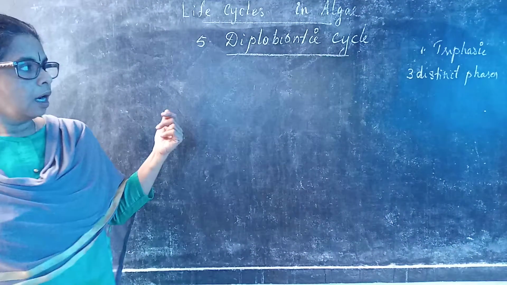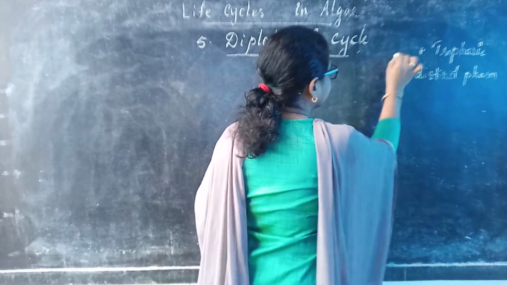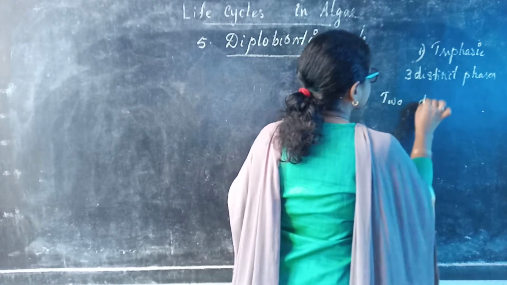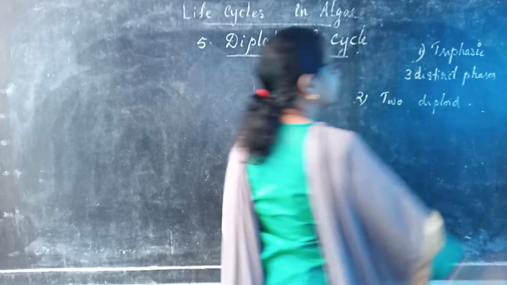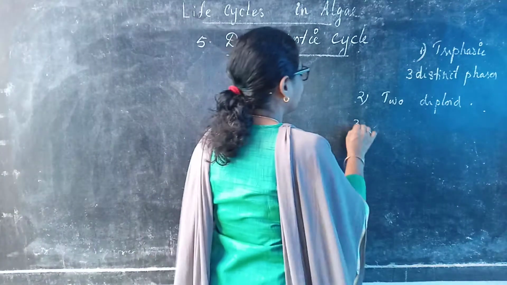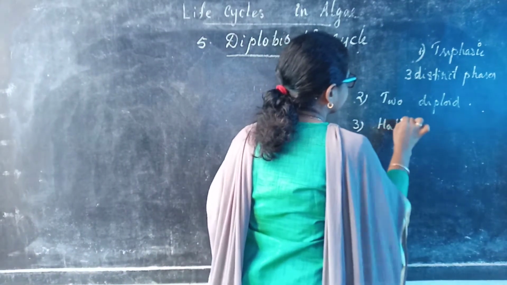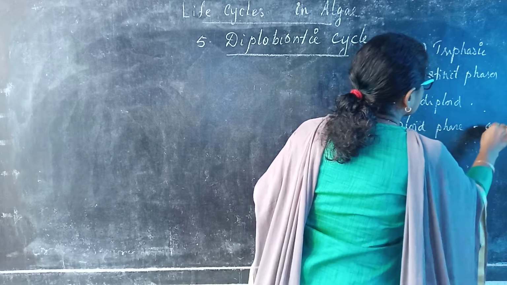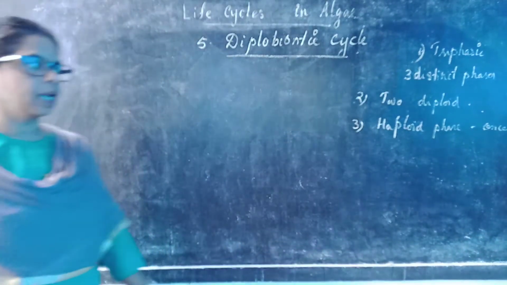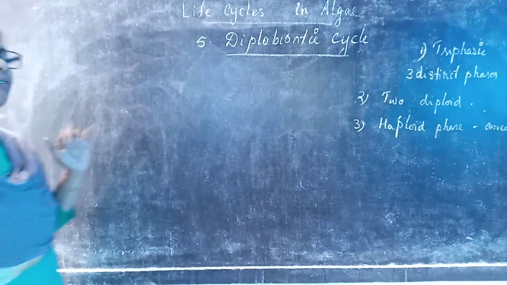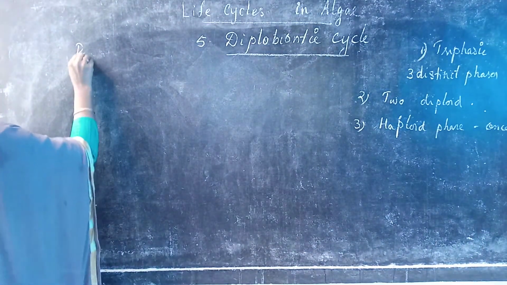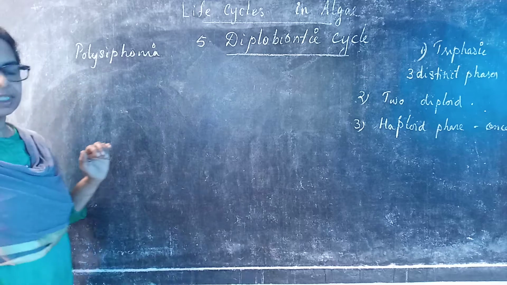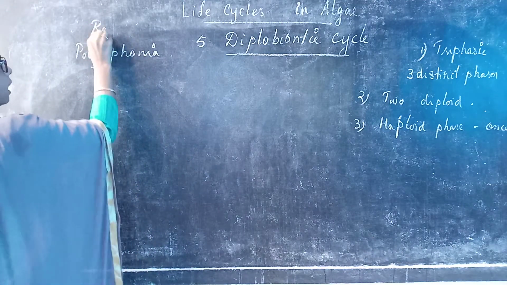And there is another feature: three distinct phases are there, then there are two diploid phases. Two diploid phases occur and haploid phase occurs only once. Haploid phase occurs only once, okay? And this type of diplobiontic life cycle is exhibited by Polysiphonia. Polysiphonia, which belongs to red algae or